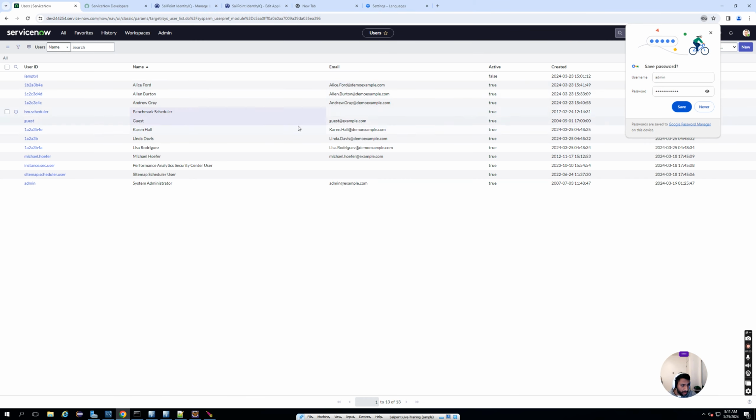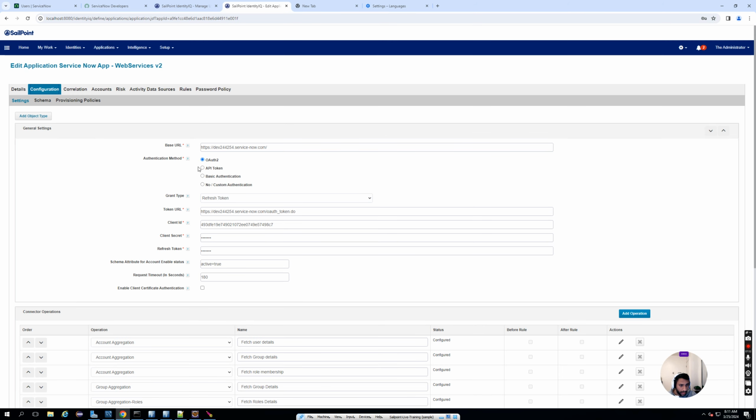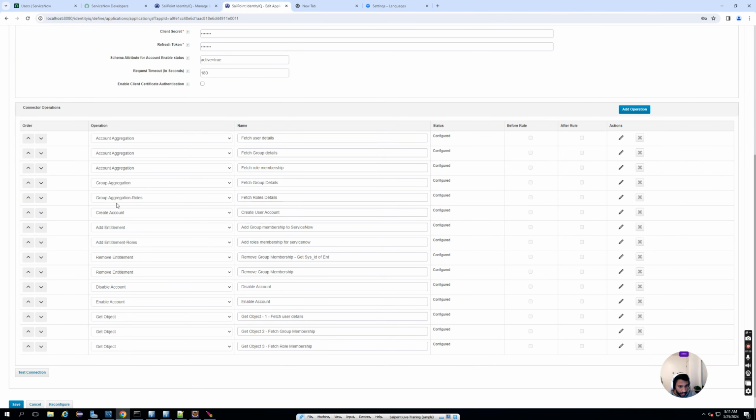Yeah, so these are a bunch of users that I provisioned from SailPoint IdentityIQ over to ServiceNow itself. Going back to our application, yes, it's based on OAuth 2.0. And for this particular app connector application, in order to create users, we have to run REST API operations. For example, in order to create a user account,